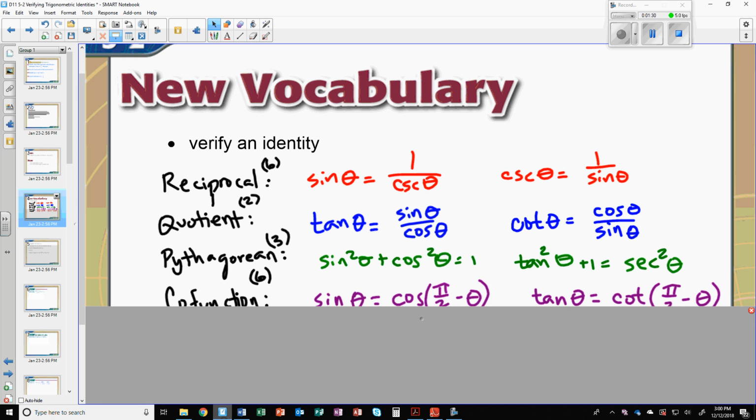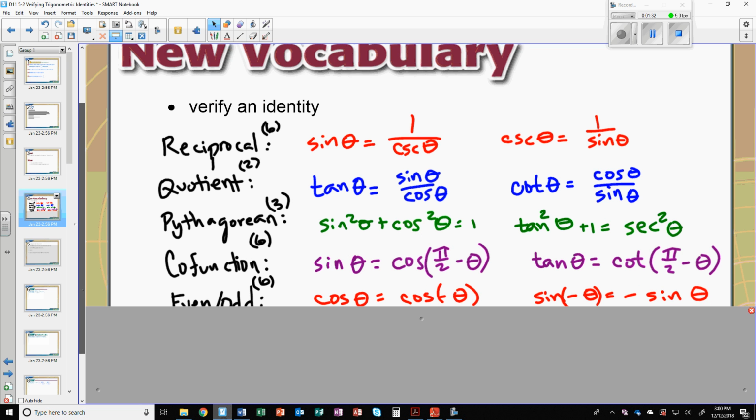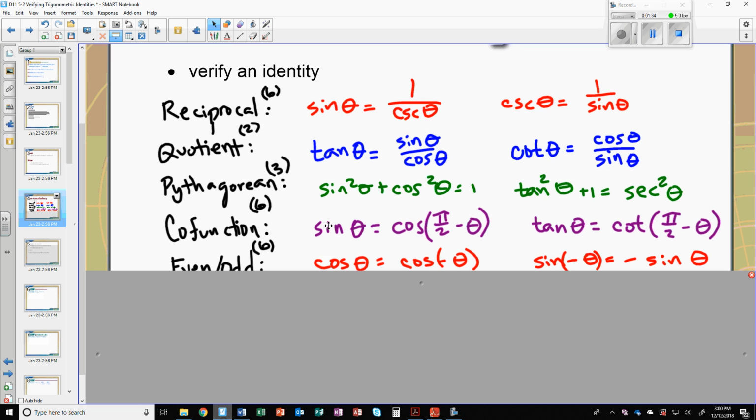Now, as we move on, these were not on the formula chart. There's cofunction identities. There were 6, and you could change from a sine to a cosine by starting the cosine at pi over 2 and taking the negative of the angle. So moving to the right as the unit circle goes. So what I'm saying is this. Normally theta moves from the x-axis going upward. And so if you had the sine going this way, you could say it's equal to the same thing as,